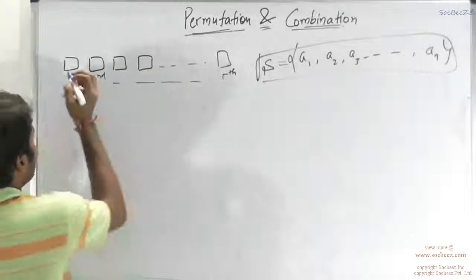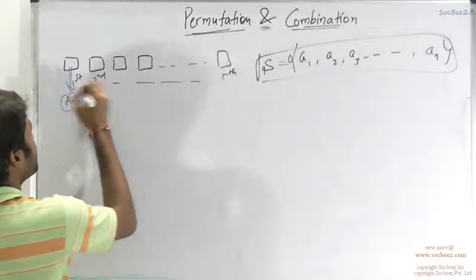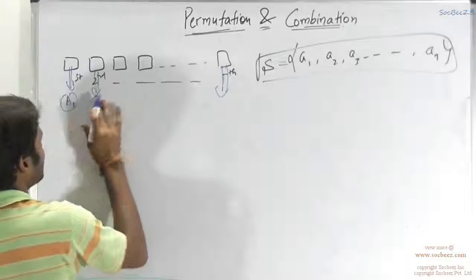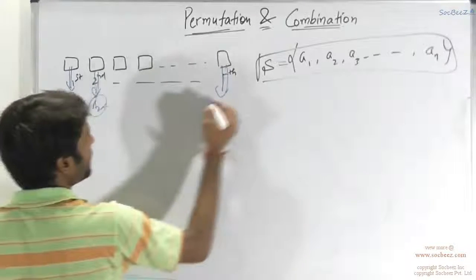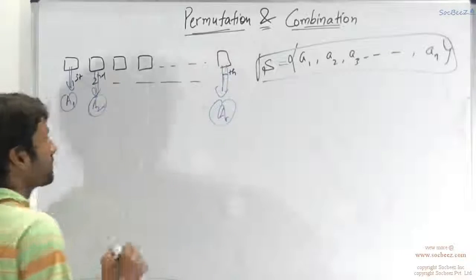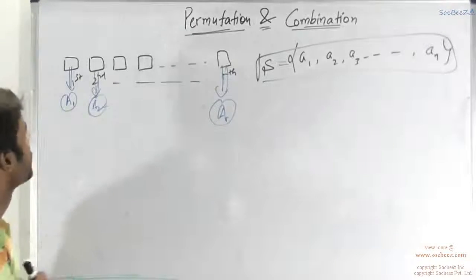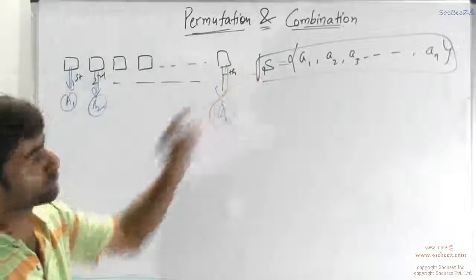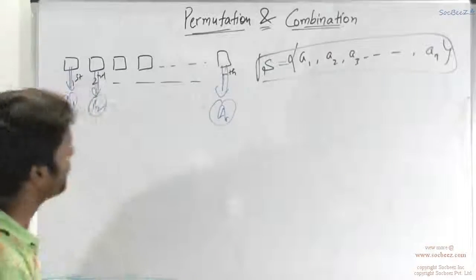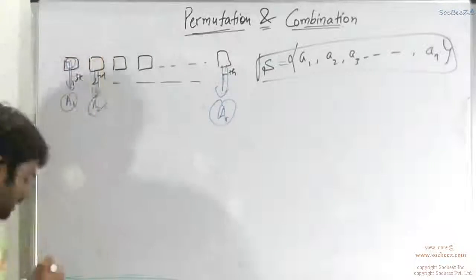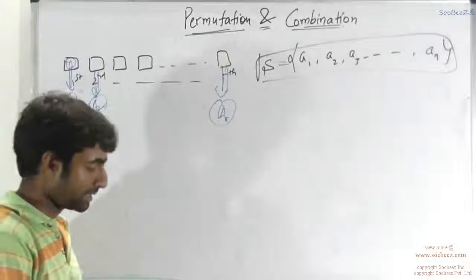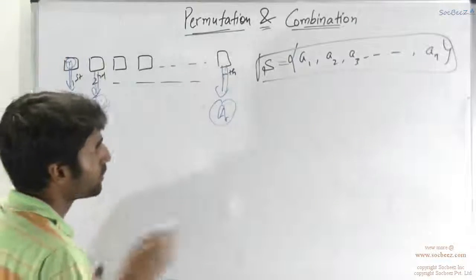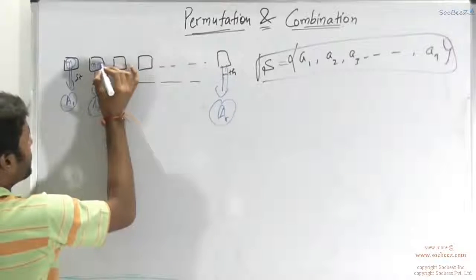So if I say you have to choose the first position, this is task A, this is task B. Similarly, this is the task. Say this was A1 task, this was A2 task, this was ARth task. So you have to do all these tasks. That is to choose the person at the first position. How many choices did you have? Any of these would do, because you can choose any of the persons who would stand at the first position. So there are n possibilities for the person who would stand in the first position. For the second position, you can't choose the person who has already stood at the first position. So you can choose any of the n minus 1 numbers.